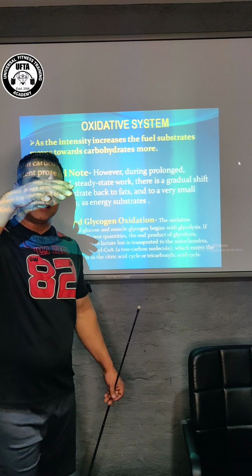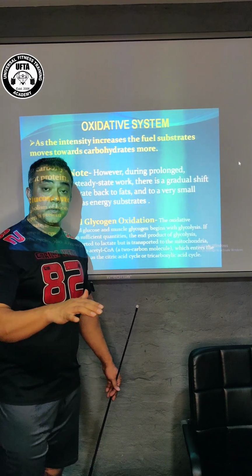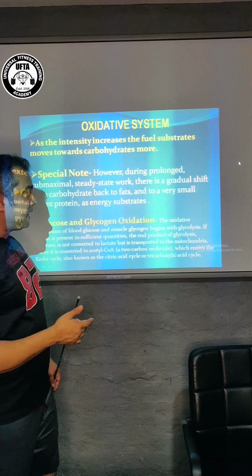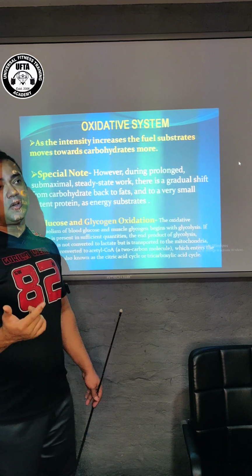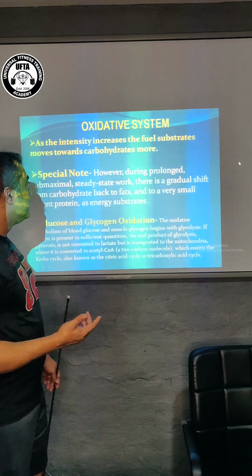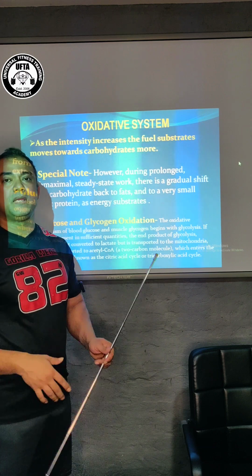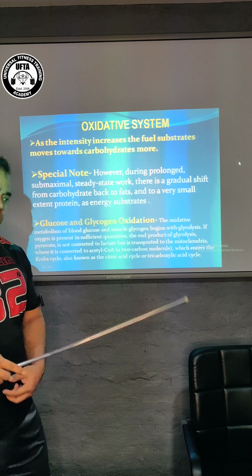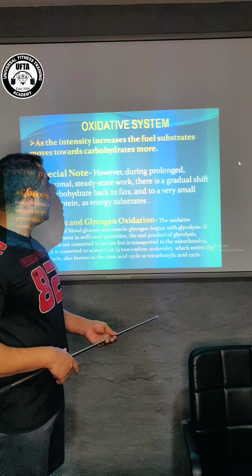And again, if the intensity is a little lesser, say less than 70%, the body will go to the slow glycolysis mode. During the glycolysis process, glucose is turned into pyruvate, and instead of that pyruvate turning into lactate, it will settle into the mitochondria because the intensity of the workout has been reduced.